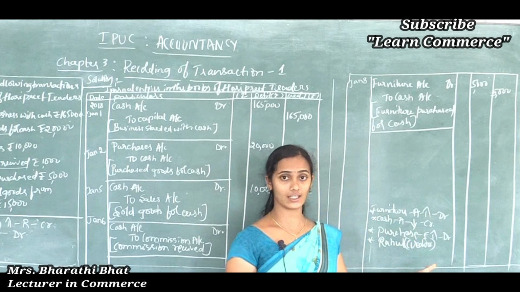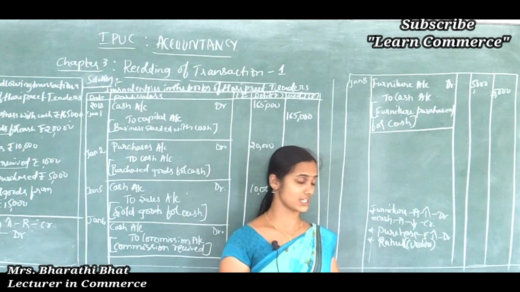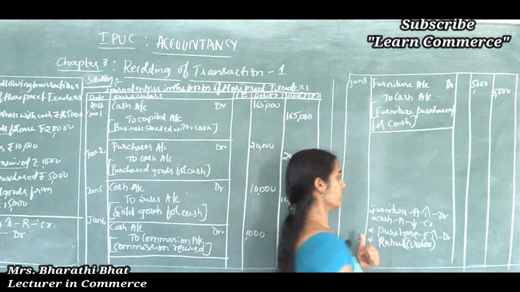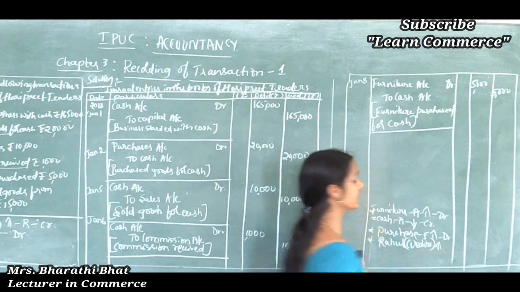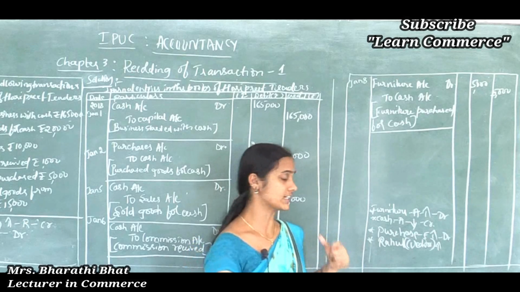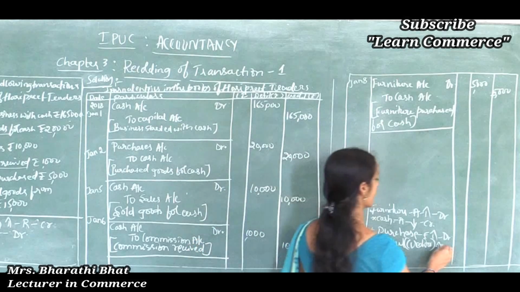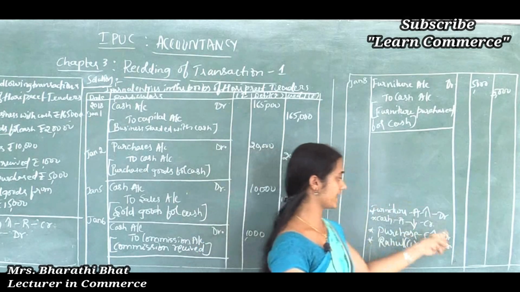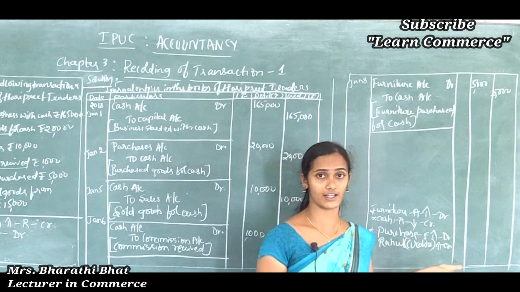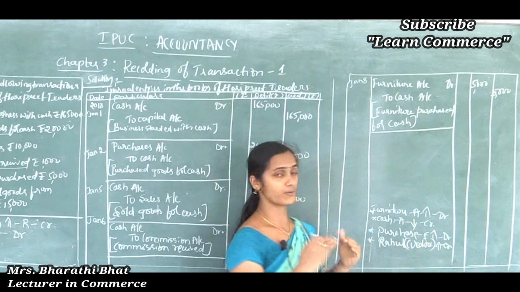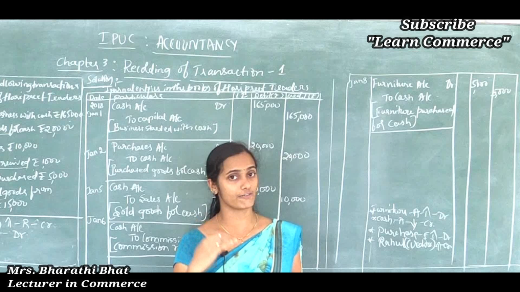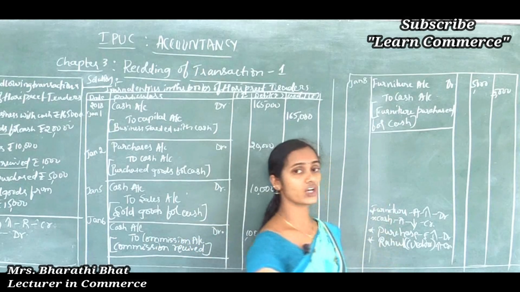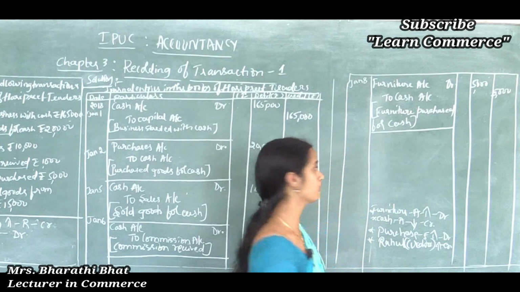So that person is called a creditor for the organization. Who is the creditor? Rahul is creditor. So increase in liability. Increase in liability is to be credited. So one account is debited here and another account is credited here. So we should write the debit aspect in the first line and the credit aspect in the second line. So how can we record this transaction in the journal book?